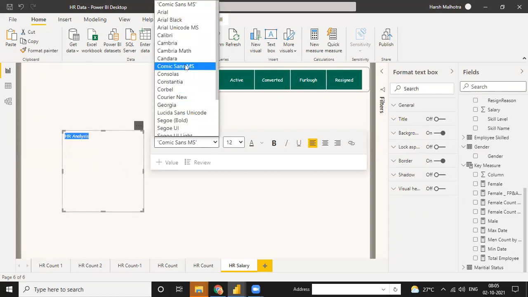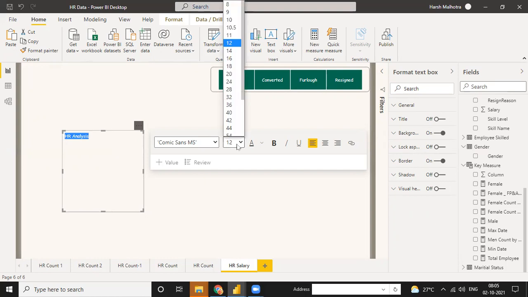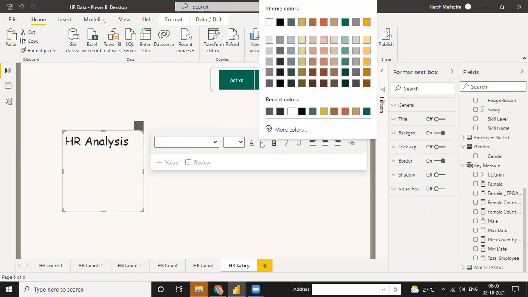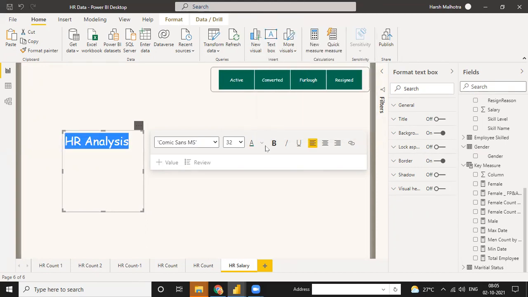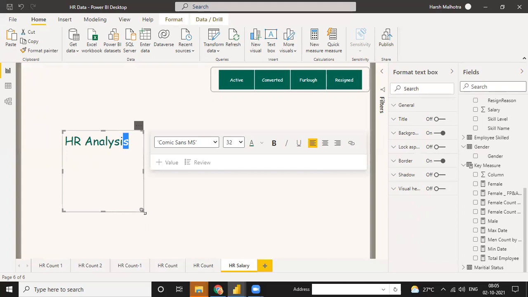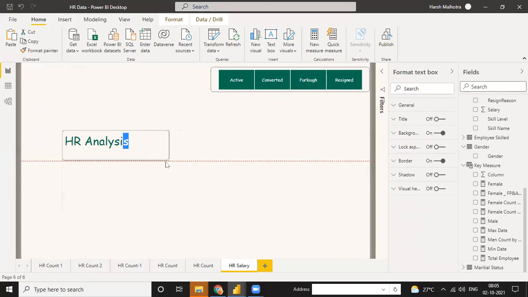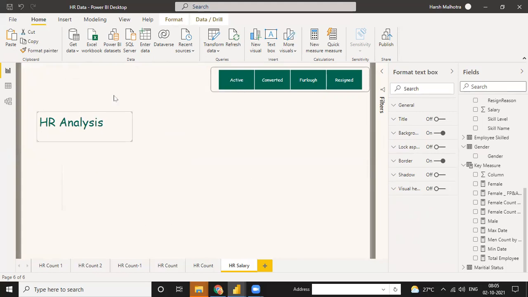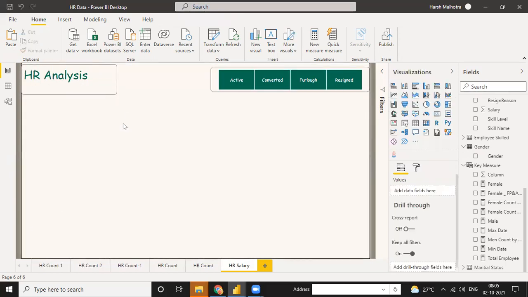So in the text box you can write this much, 32. So now it's done. So now I need a total salary.